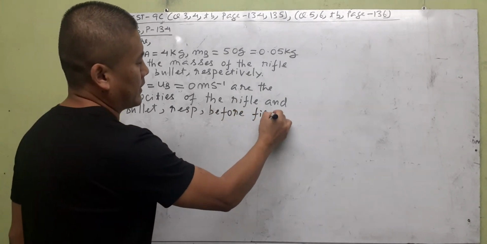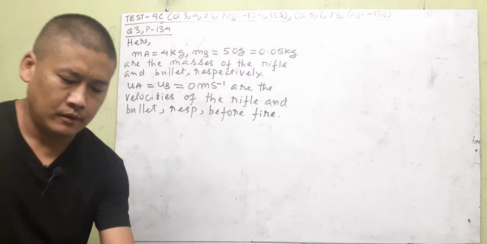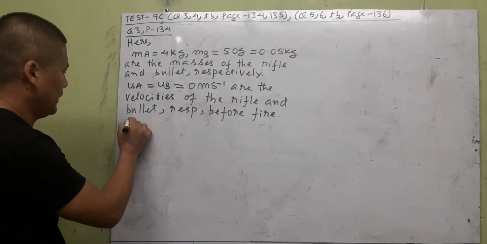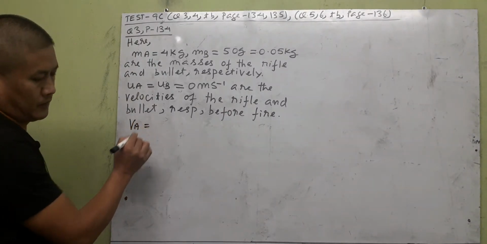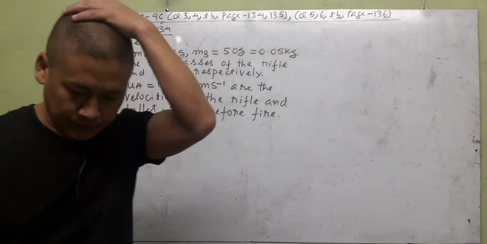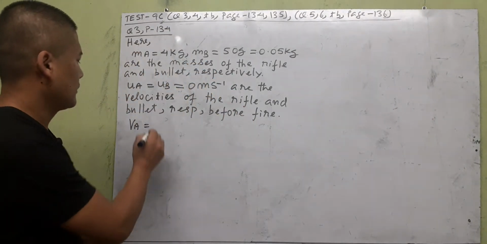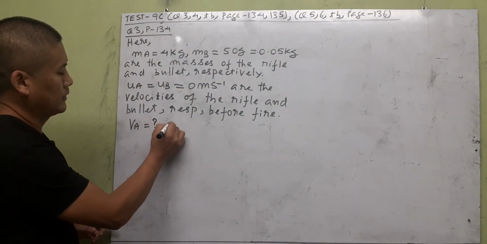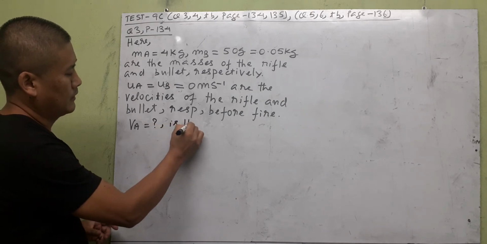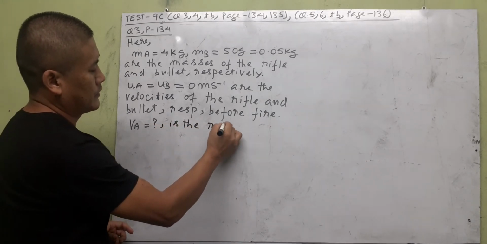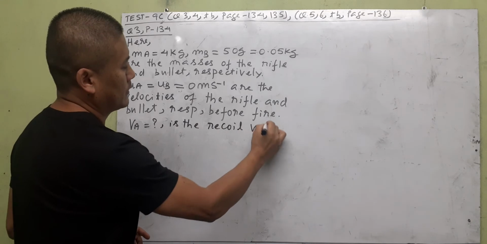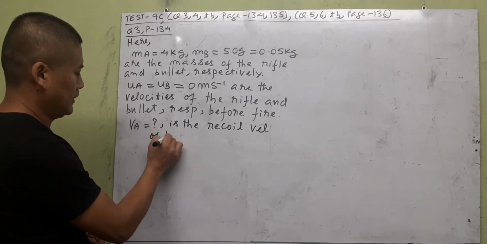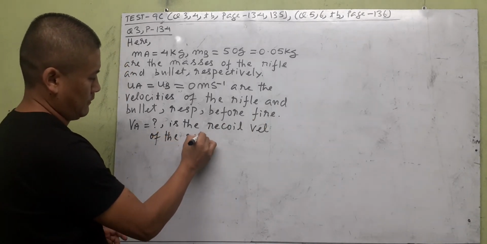That means before fire, both are stationary. Then let us say here VA is equal to question mark, because we're taking the rifle first, is the recoil velocity of the rifle